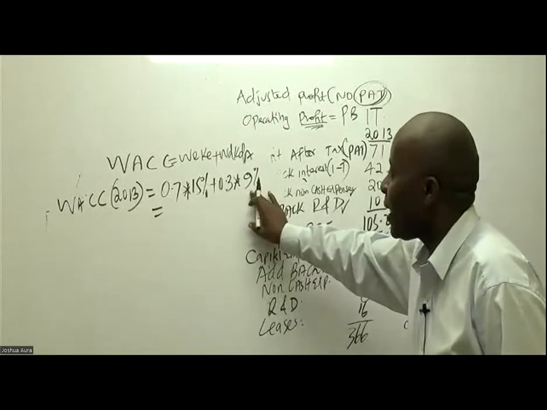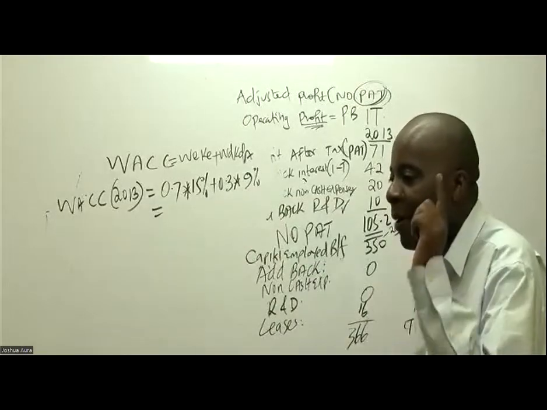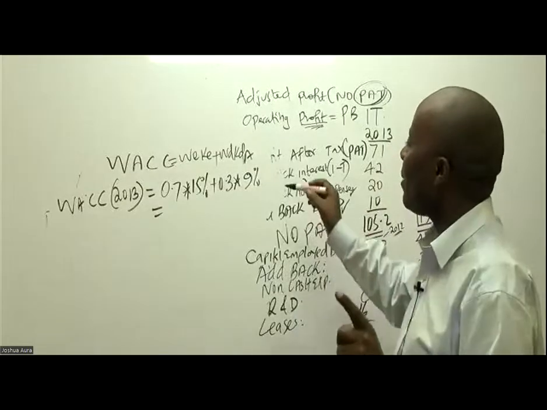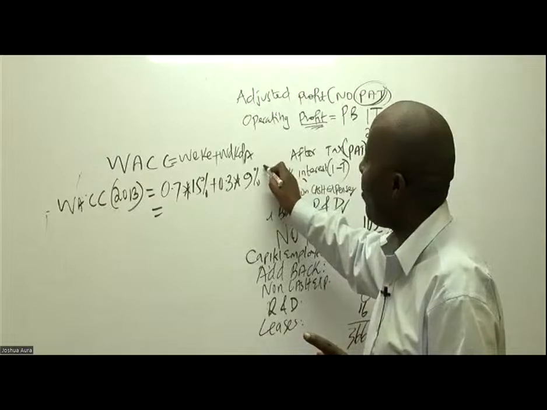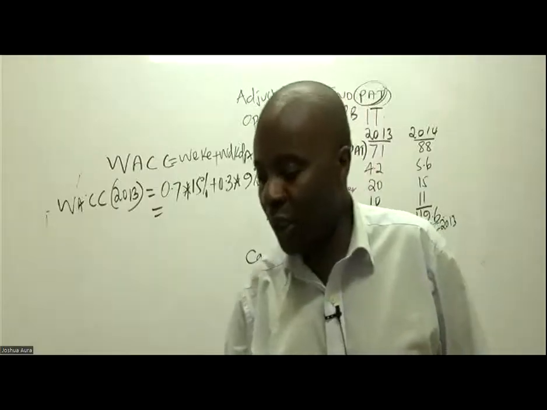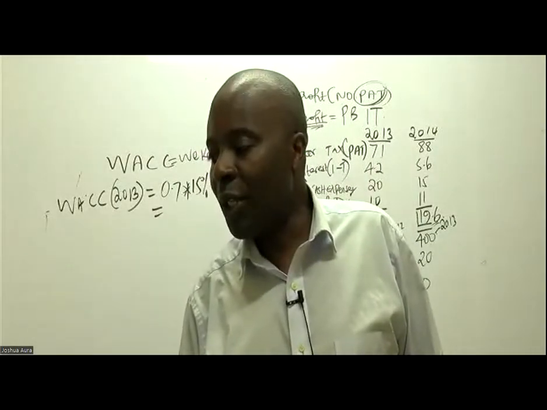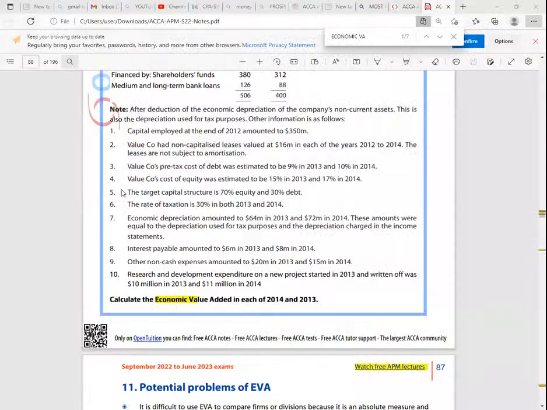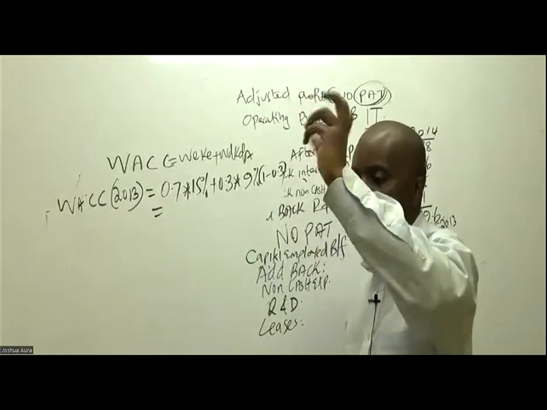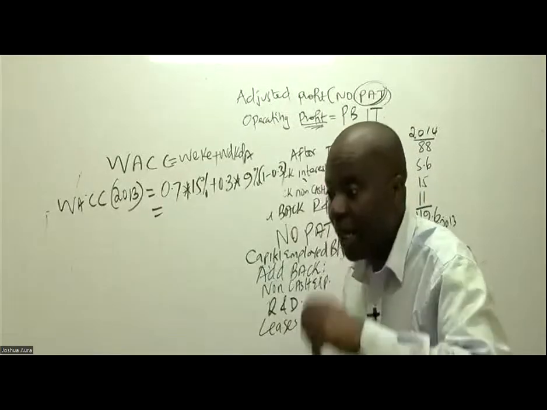No. This 9% is before tax. It must be adjusted for taxation. So you must multiply this with 1 minus tax of 0.3. They told us in this question that 9% is pre-tax. Remember, this 9% has to be tax adjusted. So you take 9% and multiply it with 1 minus taxation. And then you should be able to give us an answer like Helen Hamala has given us